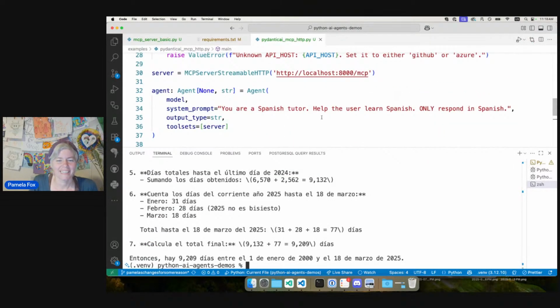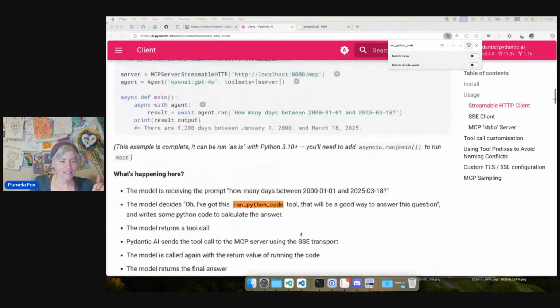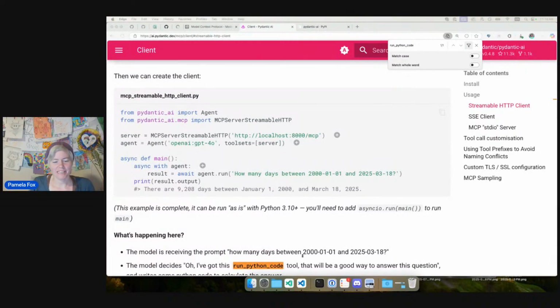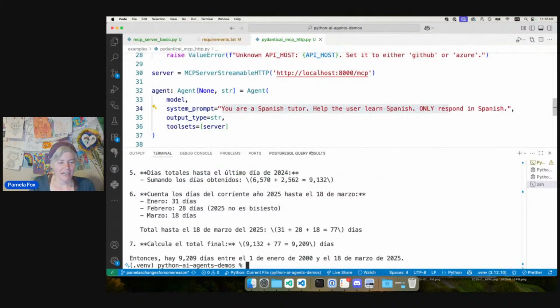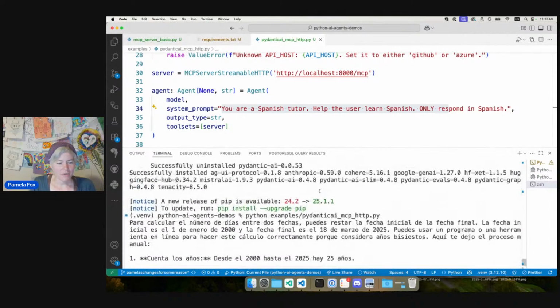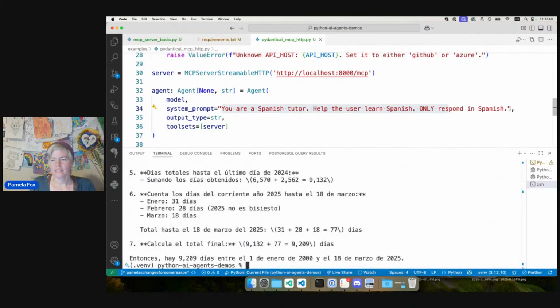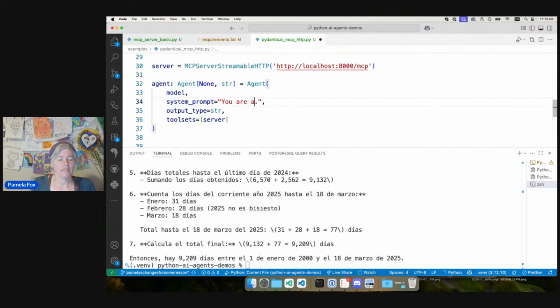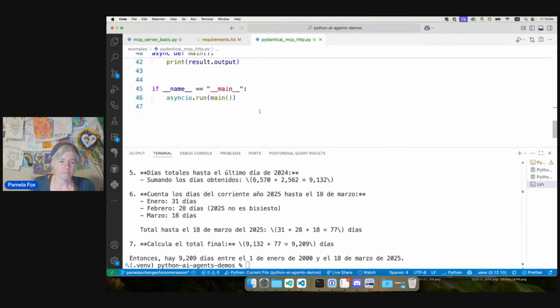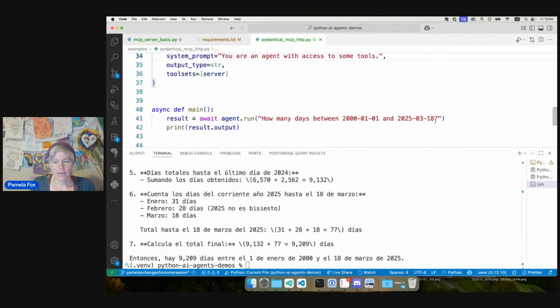Oh, I forgot my system prompt says you're a Spanish tutor, only respond in Spanish. So we got the answer in Spanish, which is great. Wasn't exactly what I was intending, but you know, it's fun. So I don't know in this case that it actually called the tool. So like, okay, you are an agent with access to some tools. All right, and just say like add